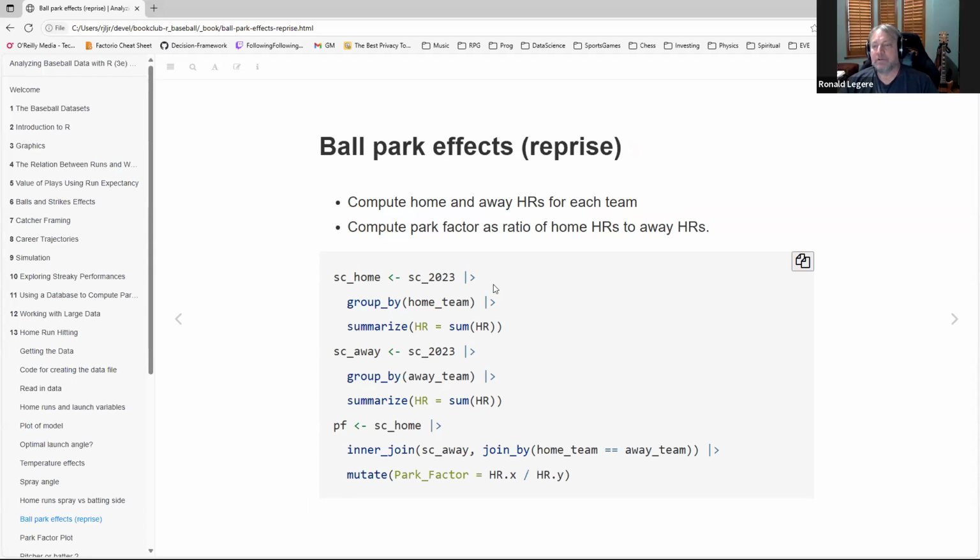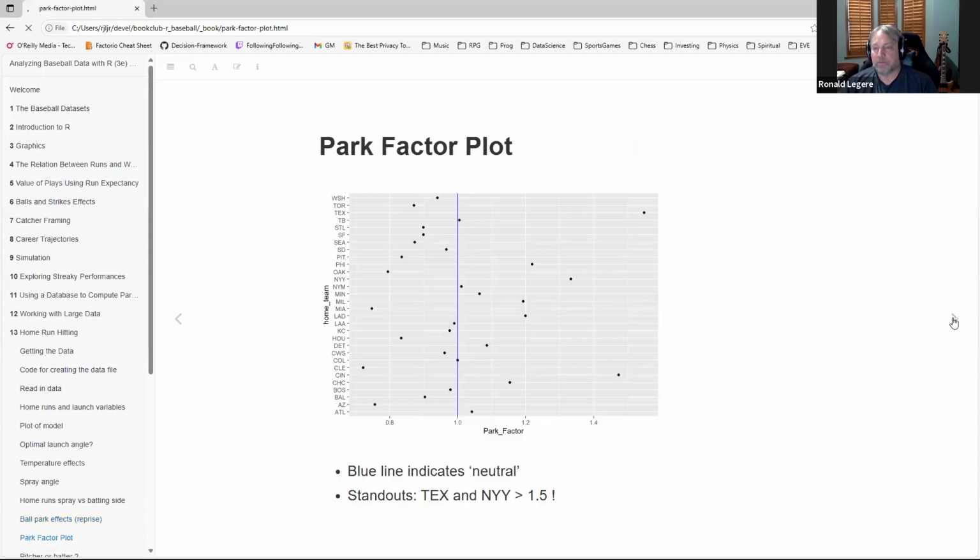So in this one, we're just looking at home and away home runs for each team, and then calculate this park factor here as a ratio of home runs to away home runs. It's pretty straightforward. Nothing new here, really. We kind of did this before, but we can then do a little plot of this. And yeah, sure, there's some standouts like Texas and